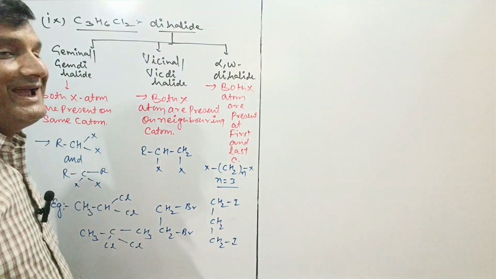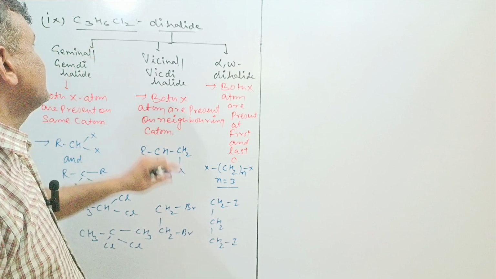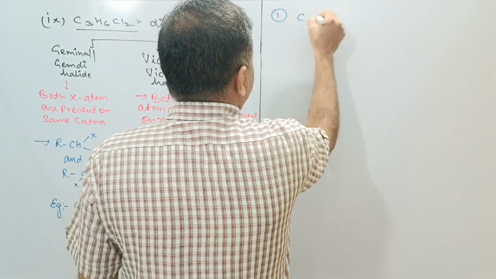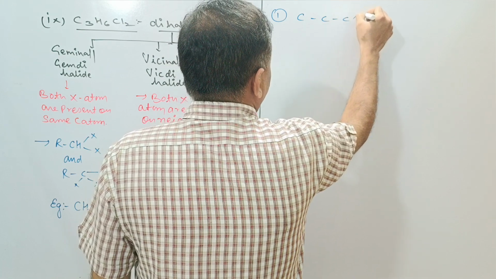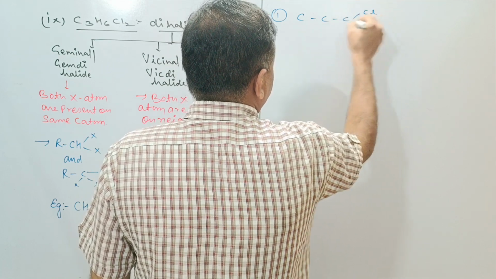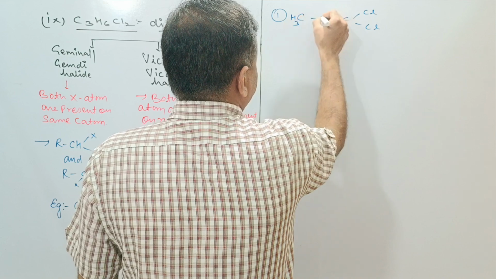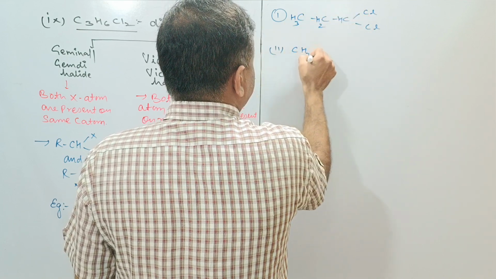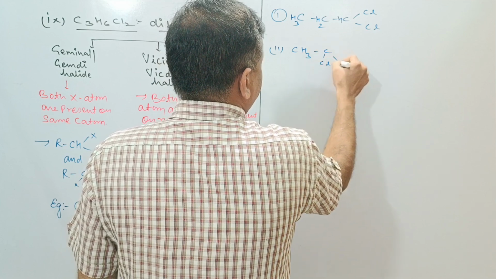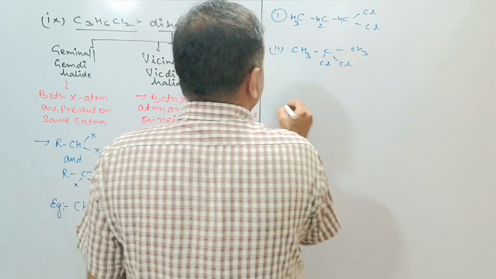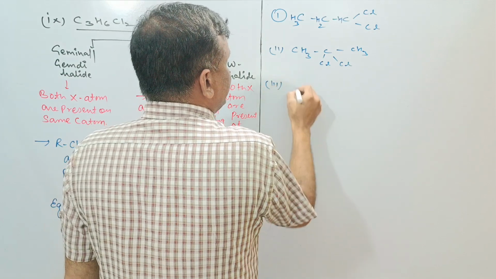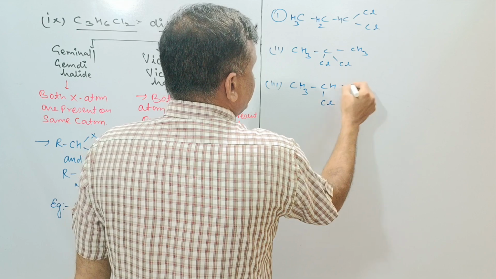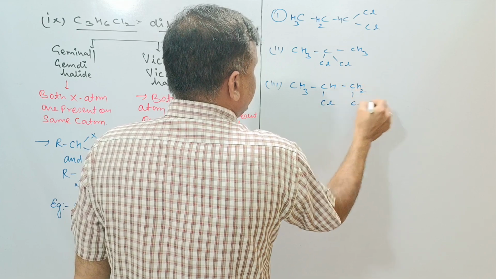This was about just the dihalides. I want to go with C3H6Cl2. So first is your geminal: both halogen atoms will be present at the number 1 carbon atom. Balancing will be as follows. Second isomer may be CH3CCl and ClCH3. Third isomer you can take just vicinal, at the neighboring Cl and CH2, and this is the Cl as a